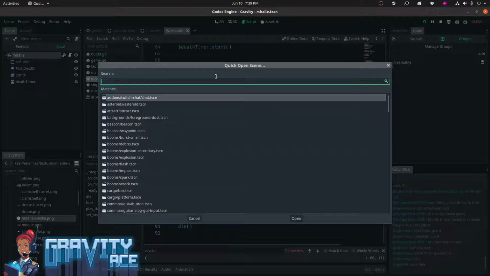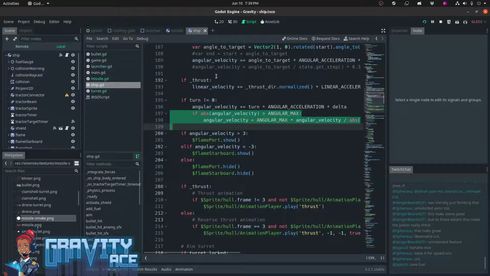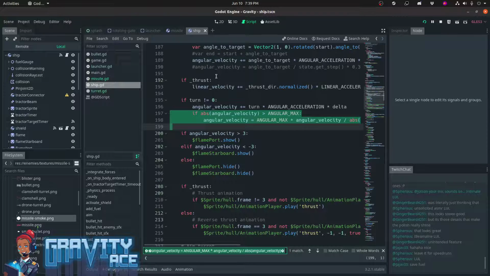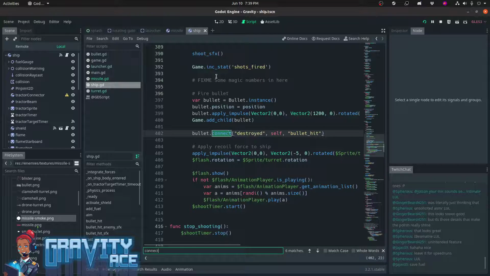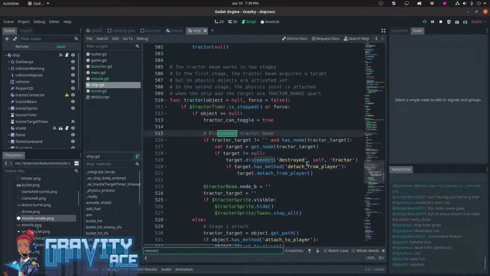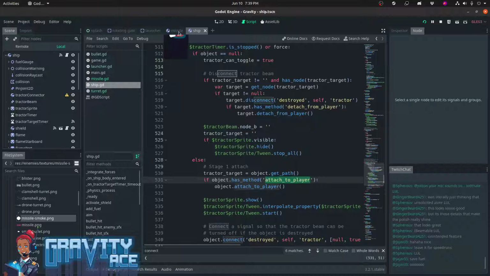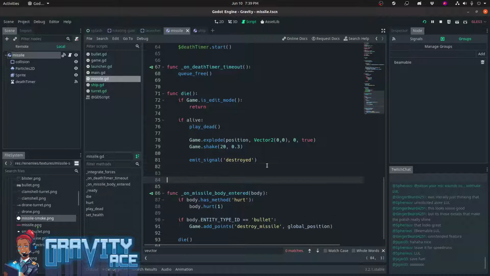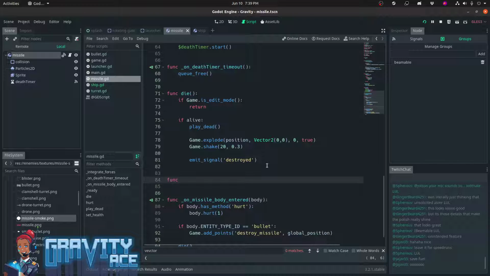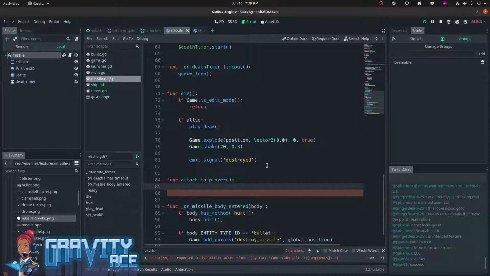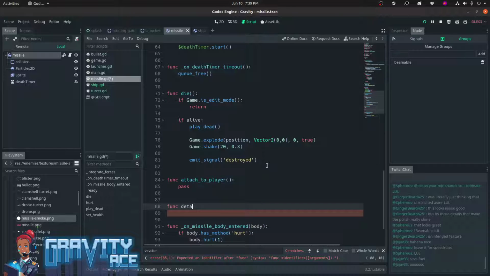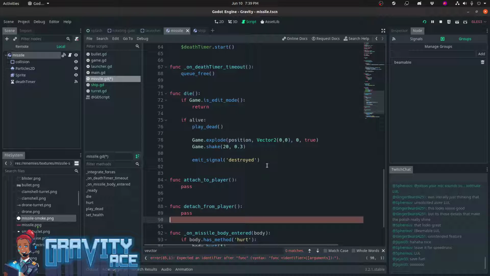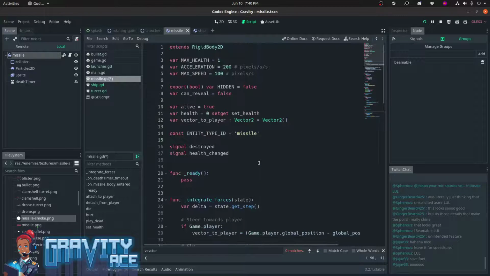There's a function for this, but I can't remember what it is. Connect. Detach from player and attach to player. All right. So there's an API here. When the beam attaches to the player, it calls this on the object that it's beaming, and it calls detach from player when it detaches. So then I can say